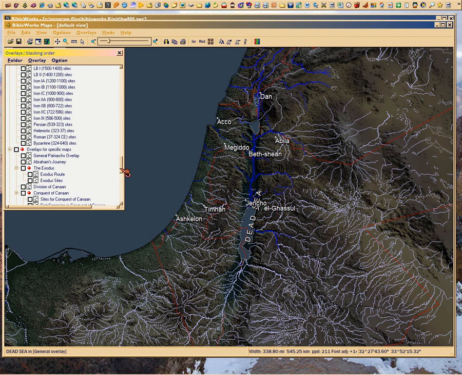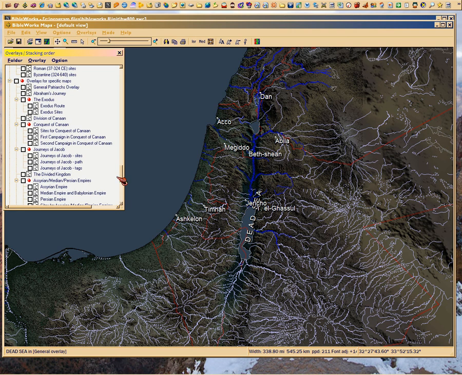Alright? In the archaeological era, you can do more than that, but I can't do it. It's going to crash the machine. But you can have the patriarchs display. Abraham's journey display, and it'll be in red, big red lines. The Exodus, which is their guess on the route, and